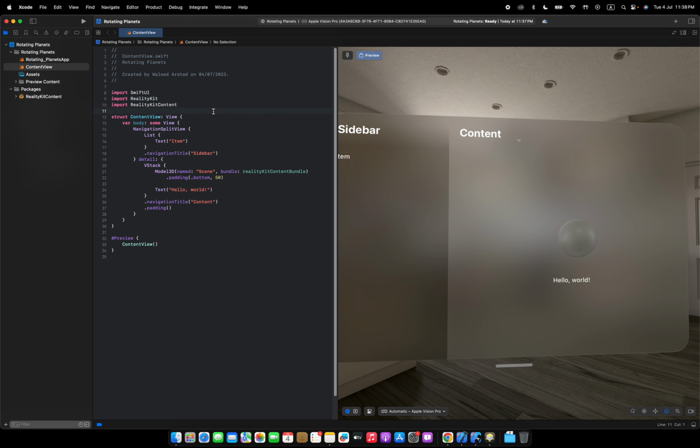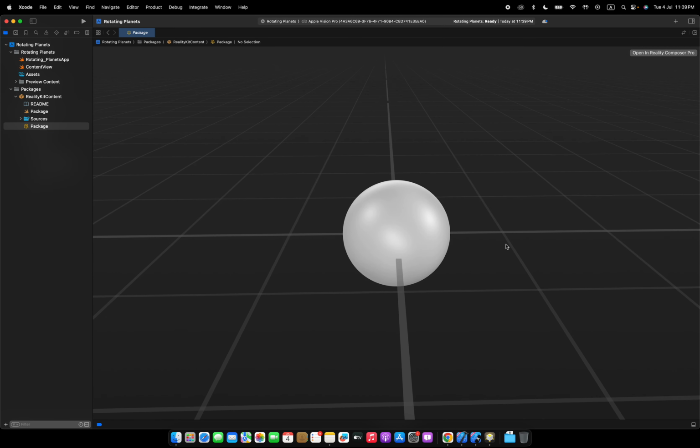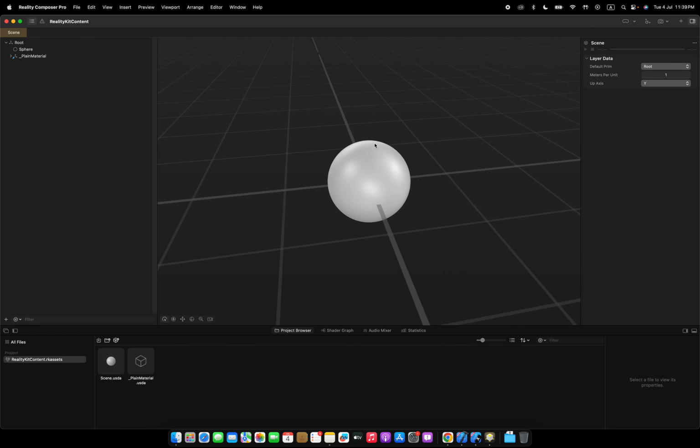So whenever you create a new project, the xrOS by default adds a package into your Swift code, which is a Reality Kit content package. So you see this is a Swift package file, and you have this Reality Kit Composer Pro project embedded as a package in your xrOS project. So if you click on this package, you will see that this is some sort of a 3D view, but we're not going to work in this because this is Xcode. So you see this button here, and when you press this button, it will open this specific project in Reality